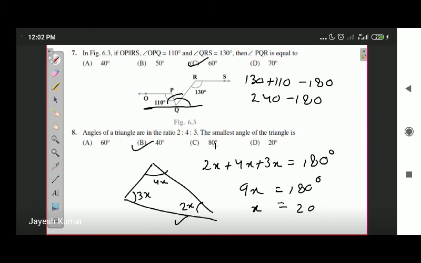Okay. So these were some of the MCQs for you. Once again, you have to do all these MCQs in your homework copy. Sorry for not reminding you earlier, but MCQs are to be done in your homework copy along with their questions. You have to write down the questions and then the correct answer. No need to write down the solution, but do write the correct answers.